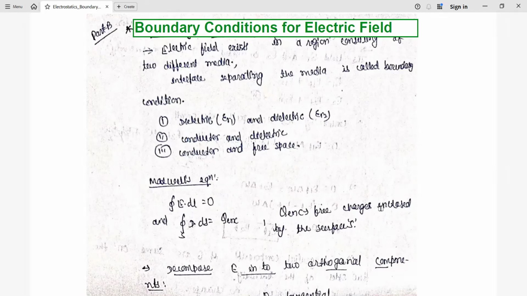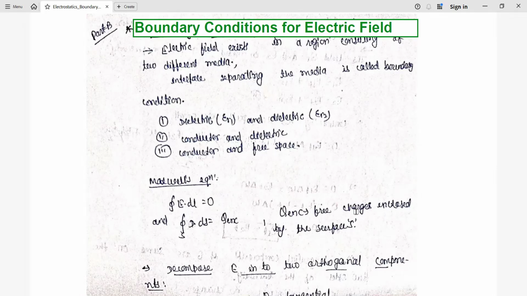Boundary condition for electric field. Why is the boundary condition important? When a wave is going to propagate, it will encounter different interfaces. So how does that interface change the electric field components as well as the flux density in case of